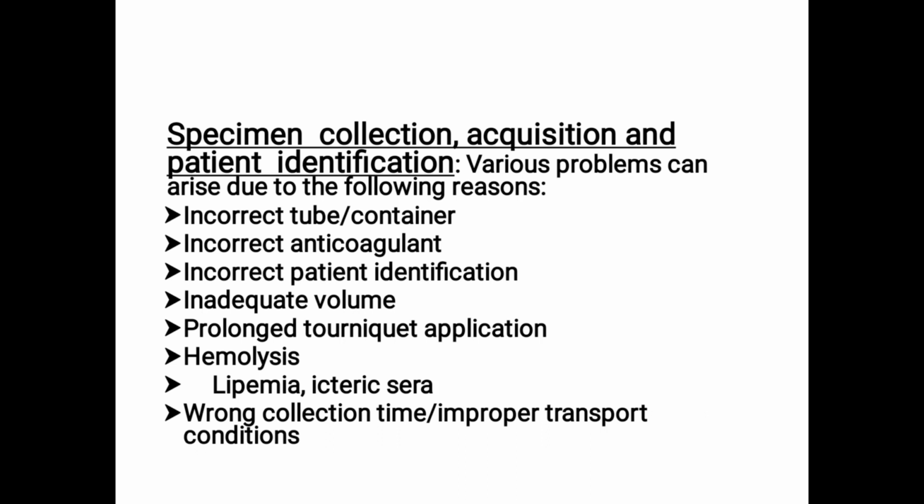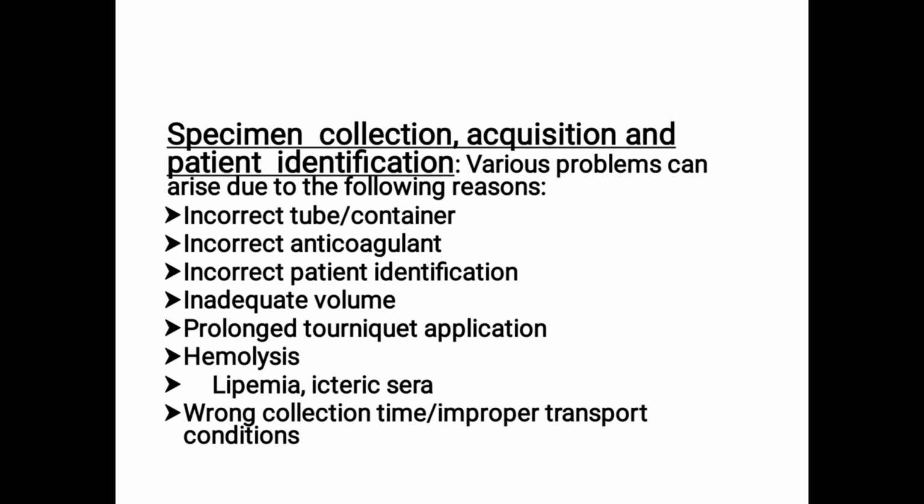Patient identification, especially nowadays, uses a barcode system. A barcode reading instrument is there. In the hospital information system, everything is recorded and they will give a barcode, so the barcode contains all the details. If you are writing manually, there is a chance of it disappearing, or it is difficult to read. You have to collect the proper amount of blood sample.